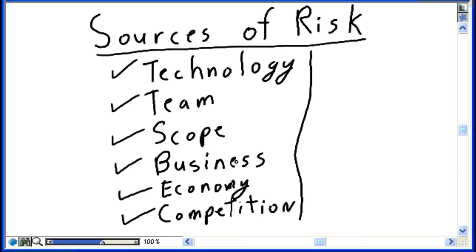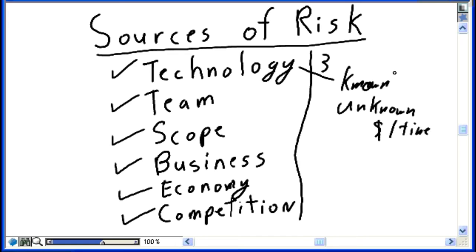As we talked about, there are known risks. So we identified 3 risks associated with technology: server, inappropriate technology, bandwidth. Are there other unknown risks associated with technology? And chances are yes. You do not have time during project planning. You do not have the knowledge during project planning to identify all risks associated with technology. So there's always going to be unknown risks. And again, you need to allocate the time, the dollars to deal with both the known risks